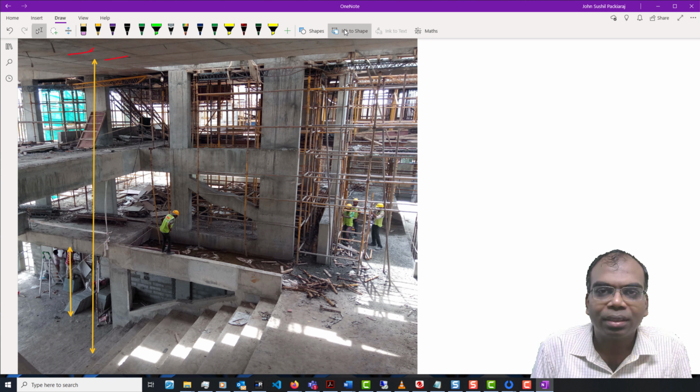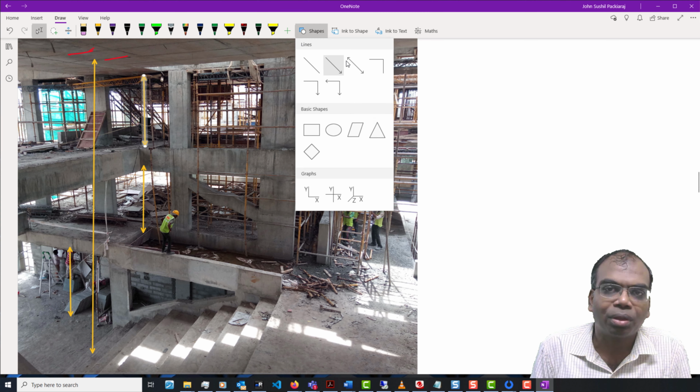and over and above this, you have one more floor. Almost triple the height of the shutter has been done, that is triple the normal floor height.